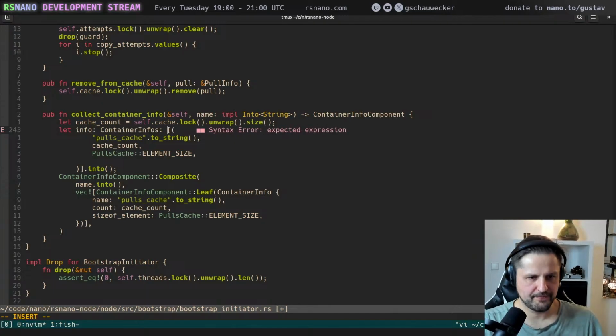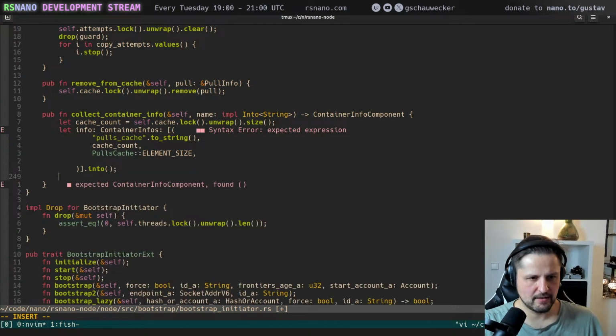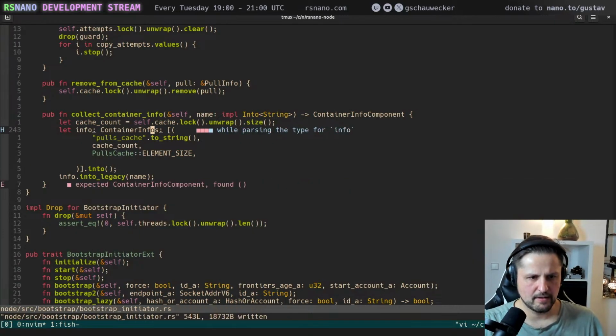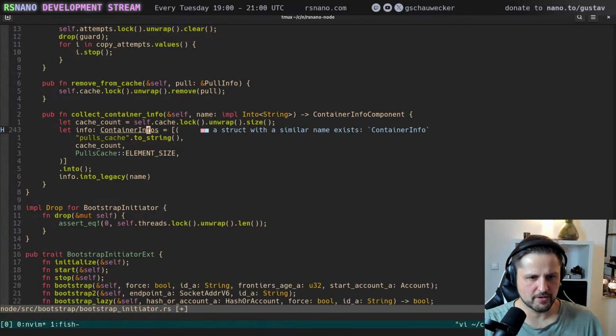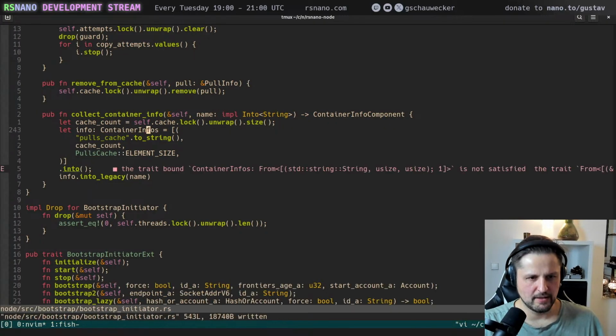Container infos, and then we can just return this info into legacy, like that. Container infos import was missing, so, oh, not to string. That to string has to go.